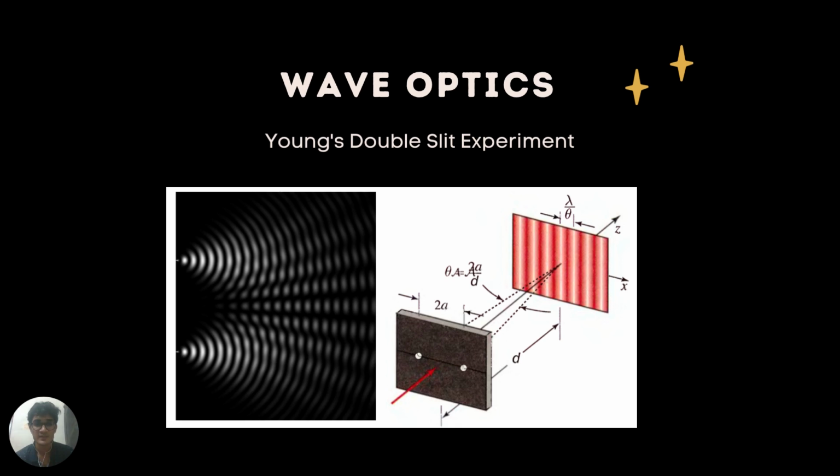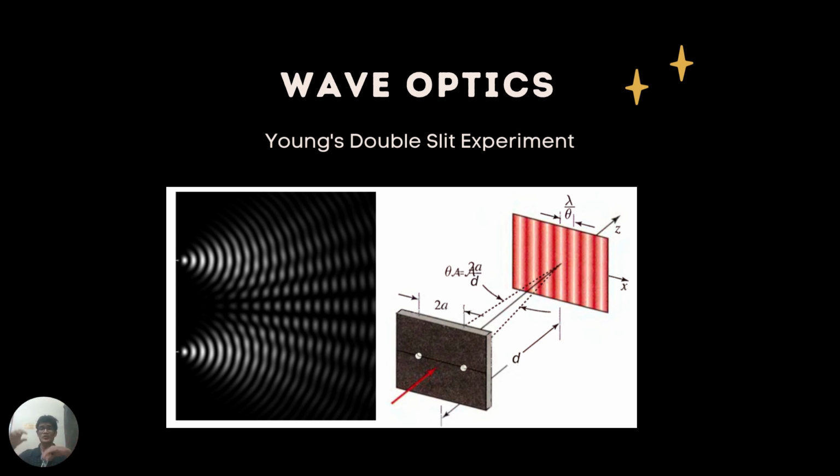So, starting wave optics, the first thing that you might have heard of is the Young's double slit experiment. Thomas Young was the scientist who conducted this experiment using two slits, as you can see in the figure. There are two holes in the obstruction of the opaque surface, and light is incident on it from behind. And as light propagates through the slits, an image is formed on the screen. It was observed that